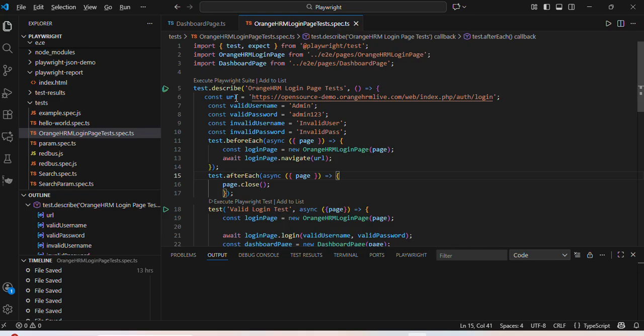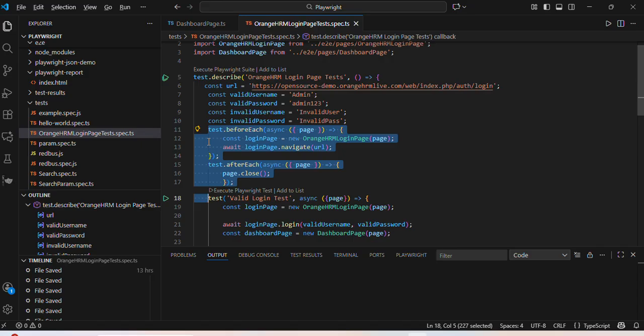This you can even configure in your Playwright config file. That also you can do, but right now, for clarity purposes, I have brought it here itself. Valid username, invalid username, password, credentials, everything I have got. And this beforeEach and afterEach are hooks that will execute before and after every one of the tests. You can keep it over here, or keep afterEach later in the script, but nevertheless it will execute during and after the